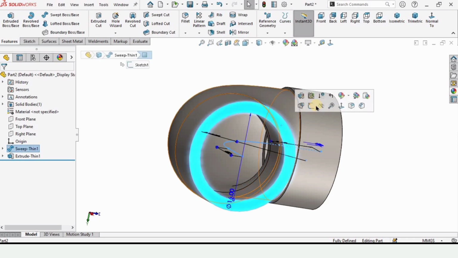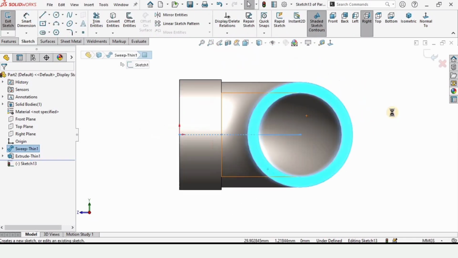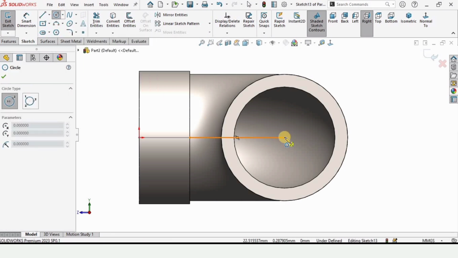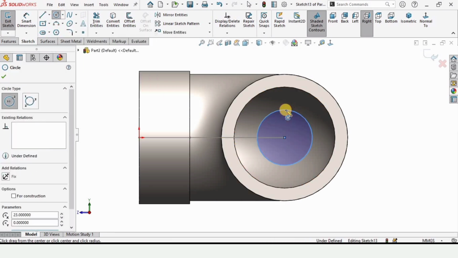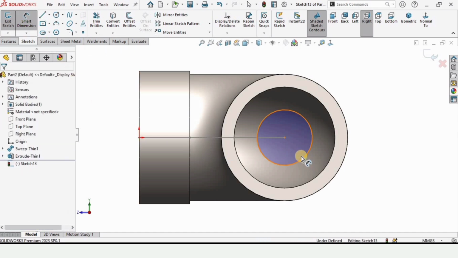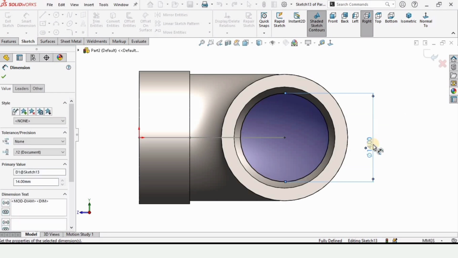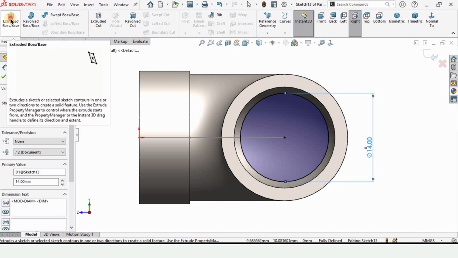This is basically the profile for this elbow. So I am making the same circle here. The diameter is the same, which is 14 mm. I am repeating the same sketch that we have done earlier. The diameter is going to be 14, and we have to go to features again, select extruded boss base,